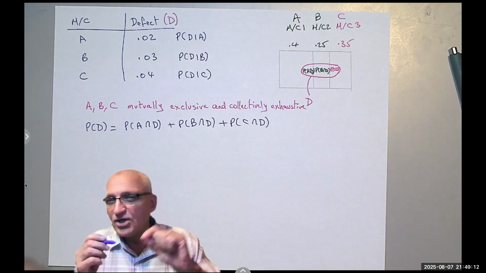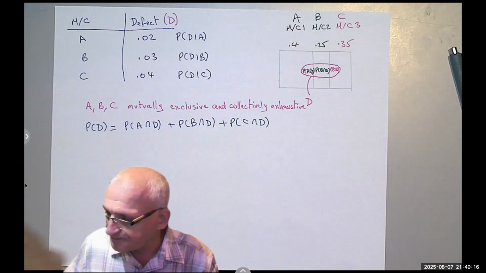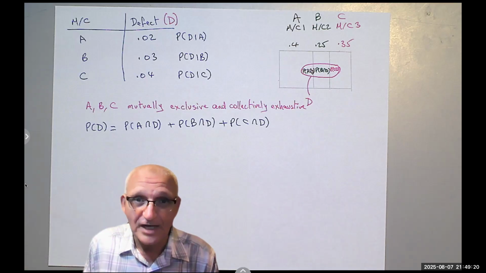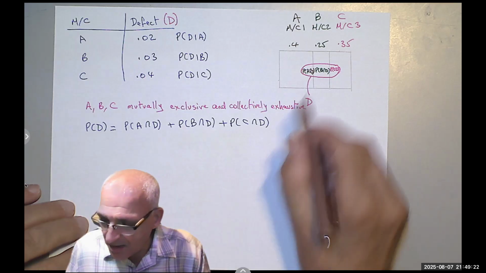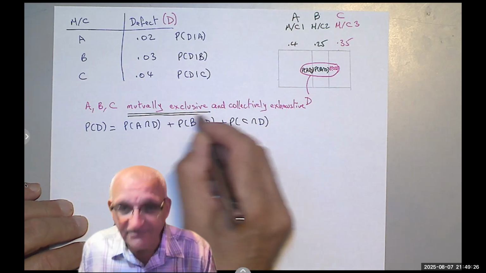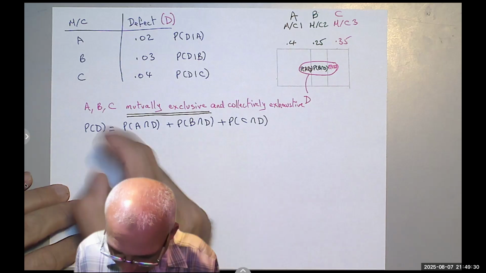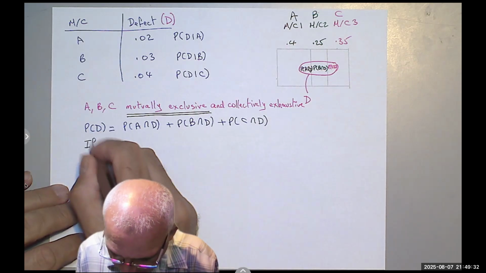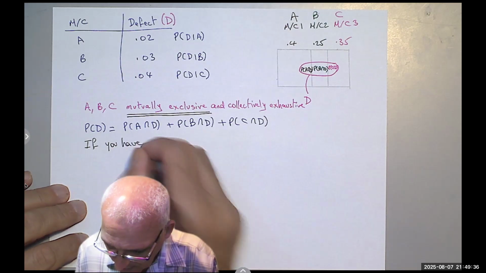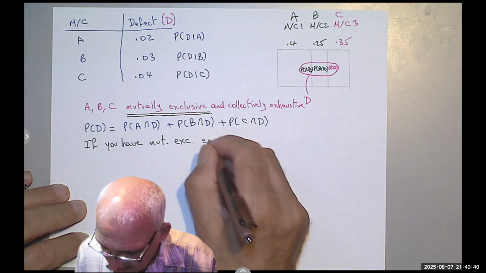Remember when we were talking about union and intersection? Here is a good place to write it. When you have mutually exclusive events, events that don't overlap, if you have mutually exclusive events,